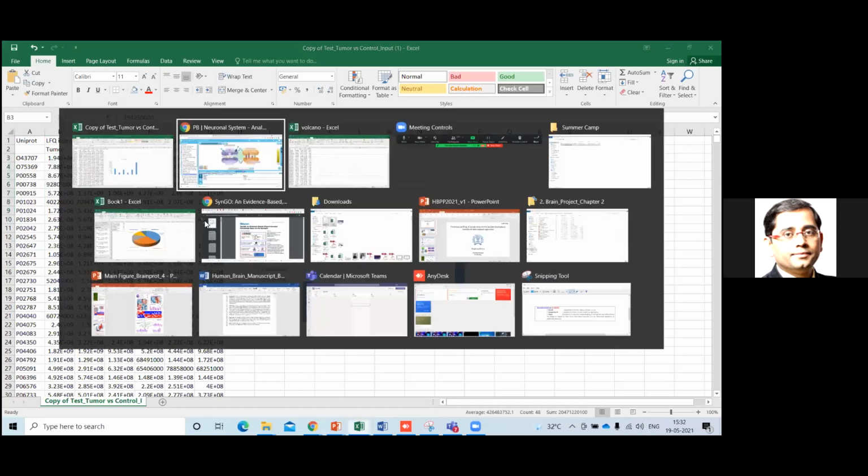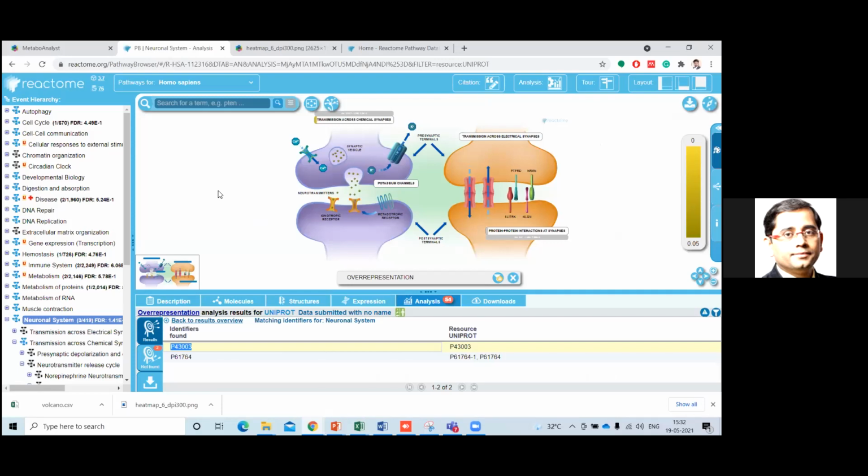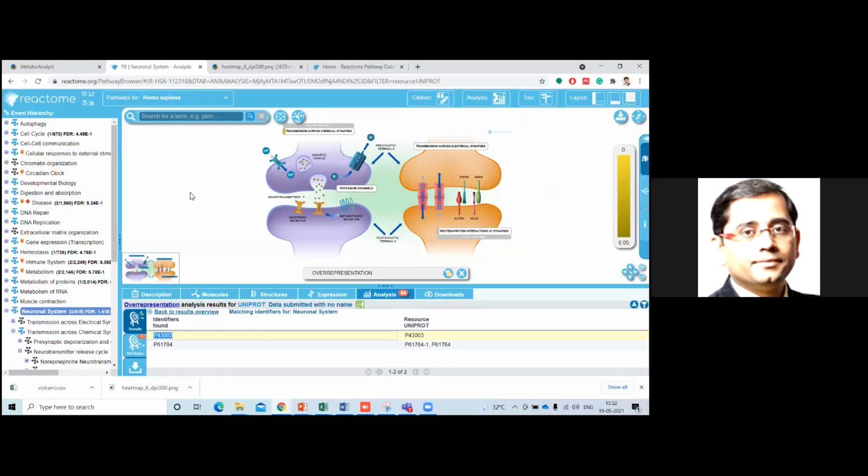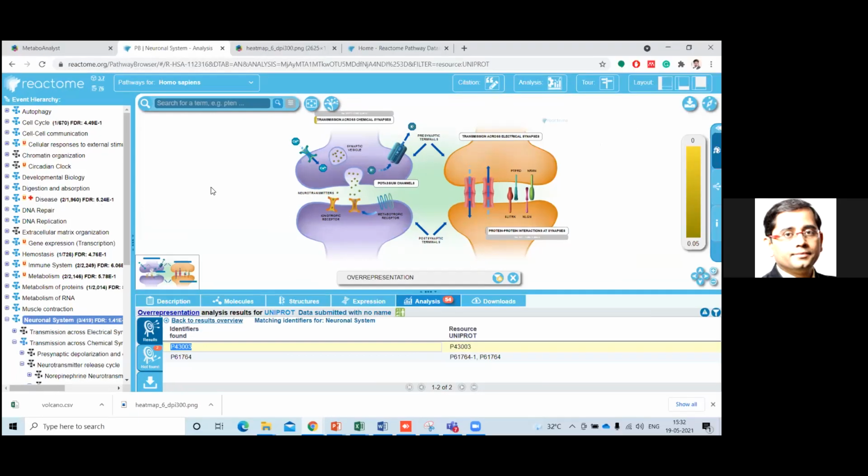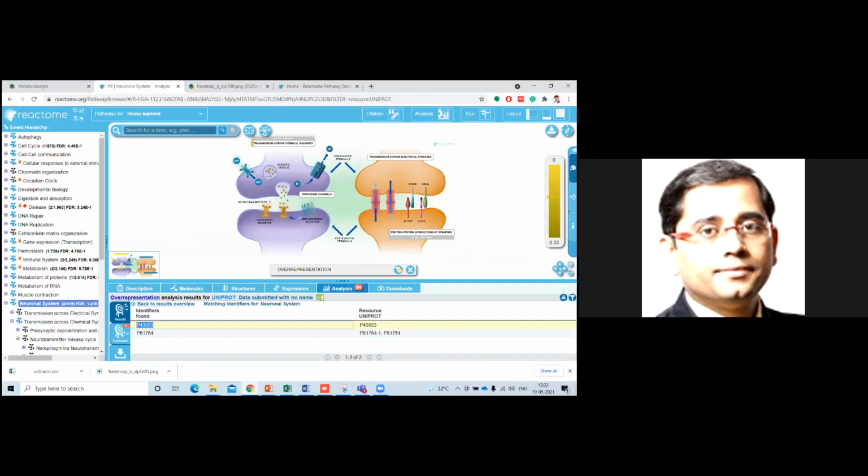Then we took that data forward and used it as an input file in Reactome, and the data itself started speaking biology: this protein belongs to this pathway, and this protein is downregulated in tumor. Like this, you can link technical data to biology using these simple tools. You can see how simple the tools are.